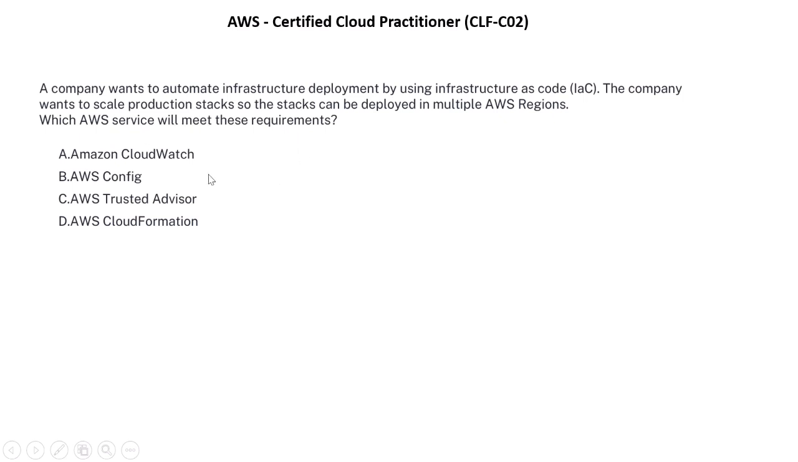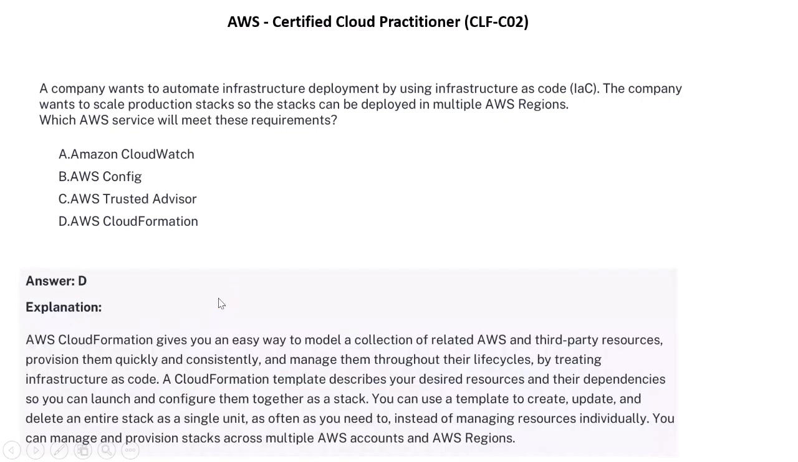The options are: option A, Amazon CloudWatch. Option B, AWS Config. Option C, AWS Trusted Advisor. Option D, AWS CloudFormation. The correct answer is option D,